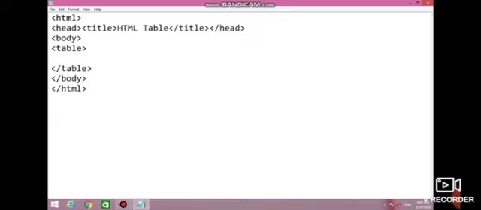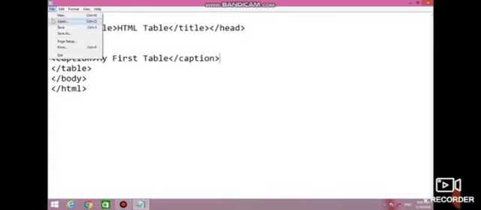Another tag of table is table caption. Usually every table we prepare is given a caption heading to provide further clarity to the reader about the contents of the table. Similarly, we can give caption to a table in HTML by using the caption tag. Caption tag is also container tag. The caption tag is used to display the title for the table on the top.